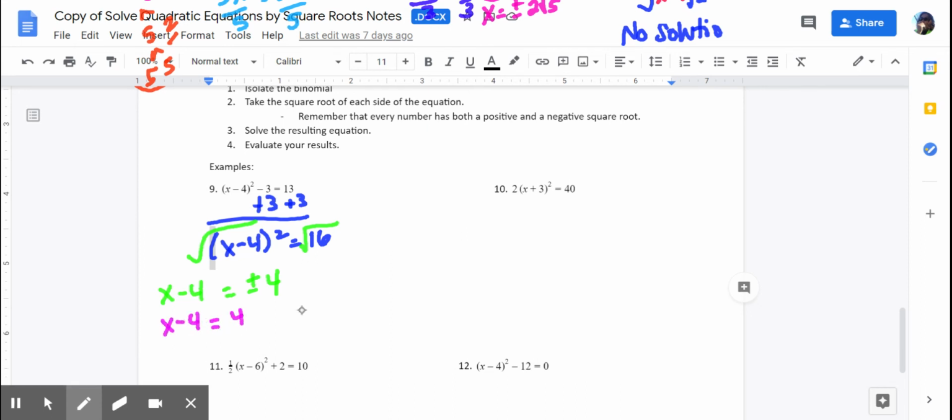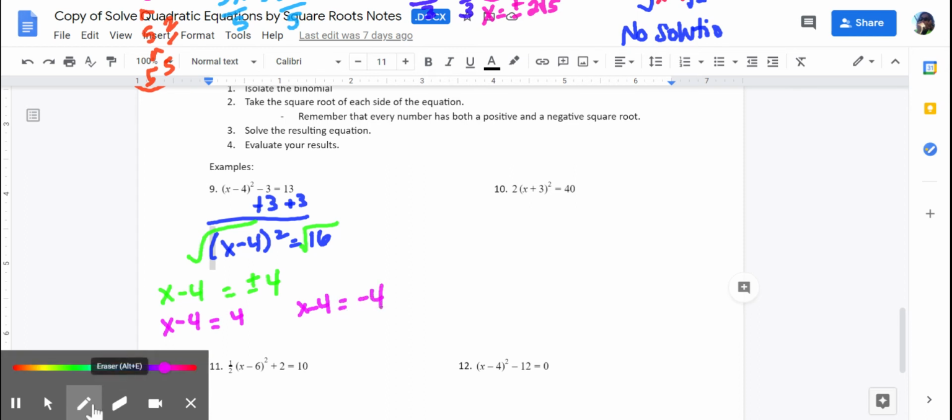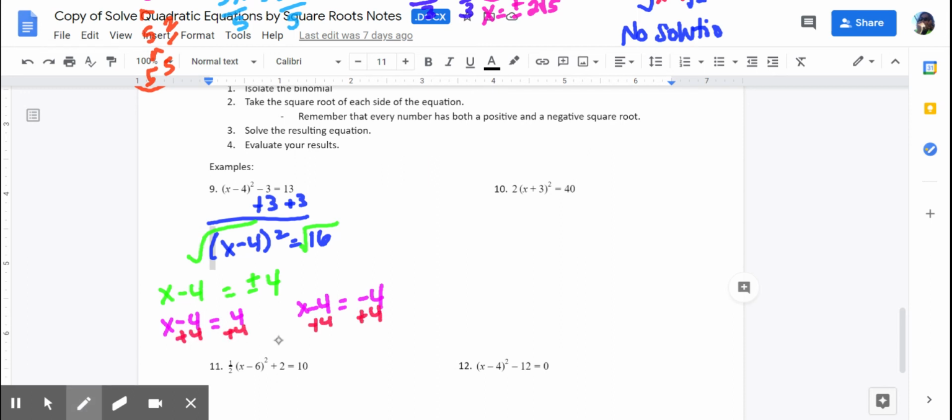People get confused often and they try and change the signs on the inside to x minus 4, x plus 4. Remember, that is not what the positive and negative are going to the answer. So then I just solve, add 4 to each side, and when I add 4, I'm left with x equals 8 is one solution, and x equals 0 is a